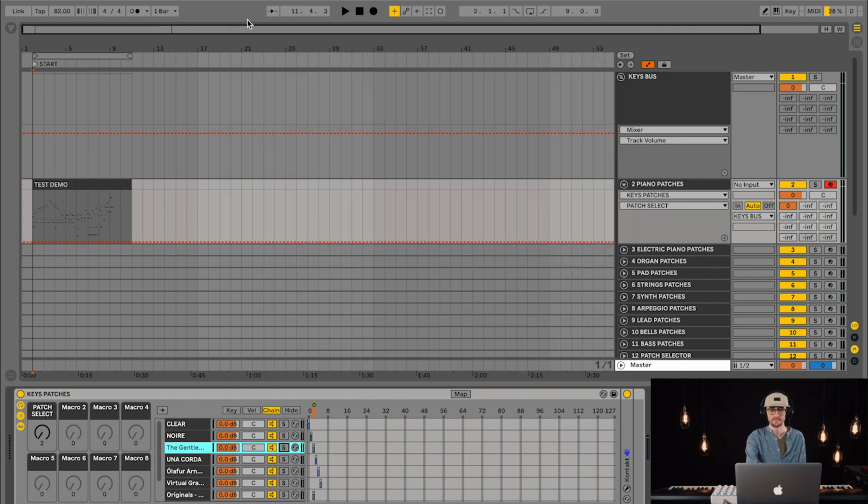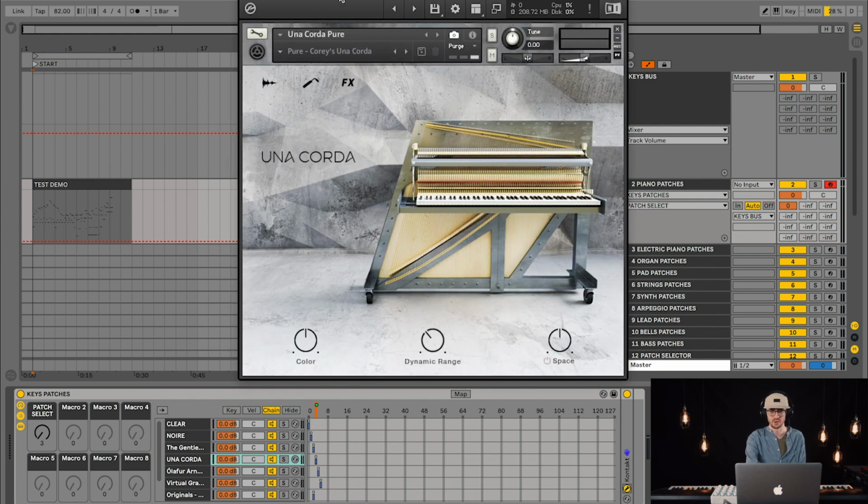So that's the Gentleman. And then my next one, I used to use this quite a bit. Still do, depending on what I'm working on, but this is the Una Corda. So this is actually made for the same recording artist as the Noir piano was recorded by. His name's Nils Frahm. This is a custom-built piano, prepared piano. So it's an upright, but it only has one string per note, which is a little bit different than a